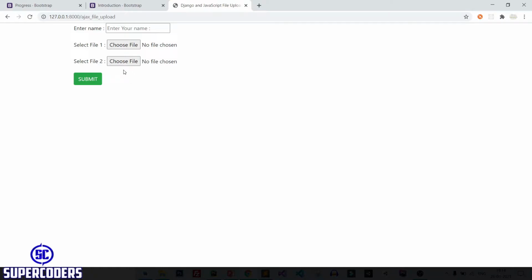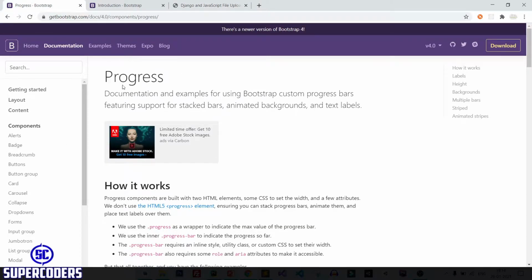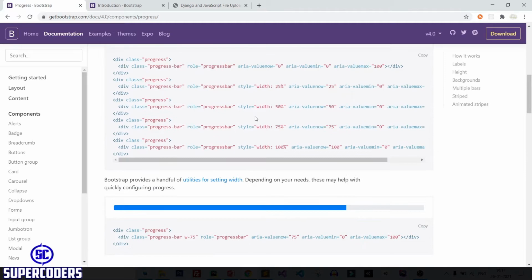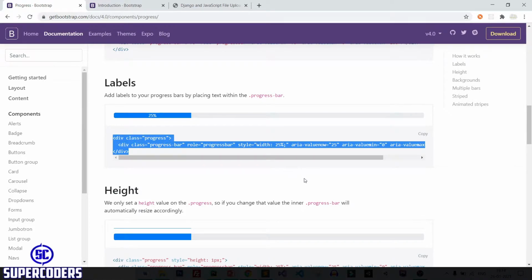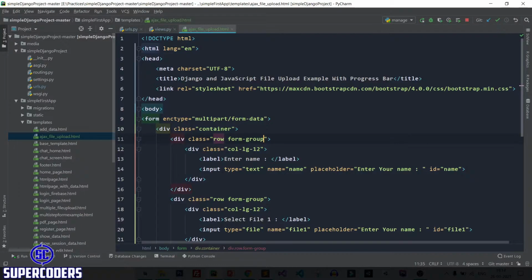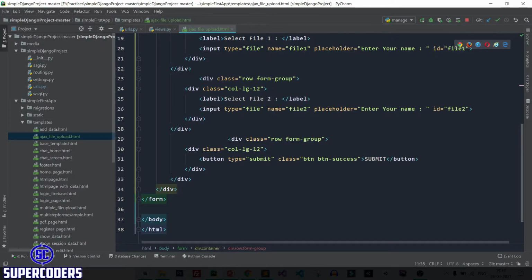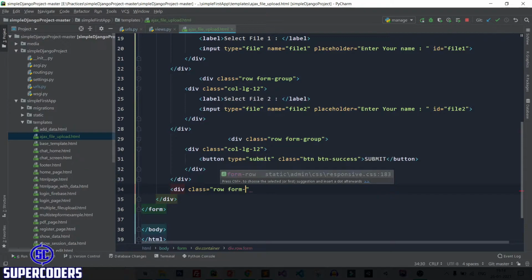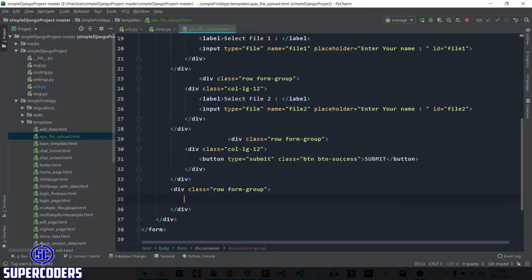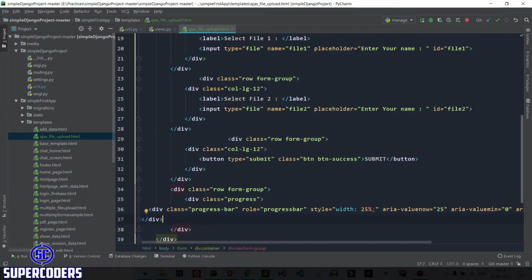After that, let's add a progress bar. So you can see this is Bootstrap progress bar. So here I'm just using a Bootstrap progress bar. So let's copy this progress bar with percentage. So copy it again back to PyCharm. After that, here div class equal to row form group, close it, paste it. Let's add tab.